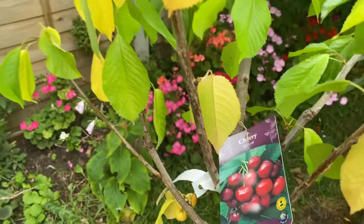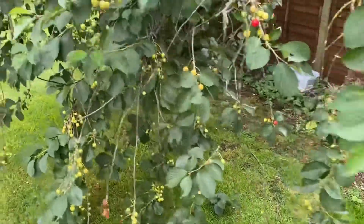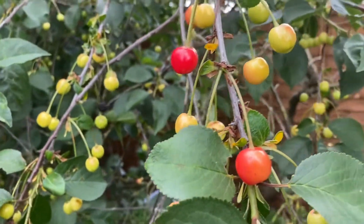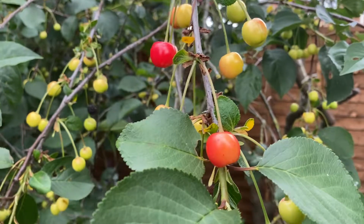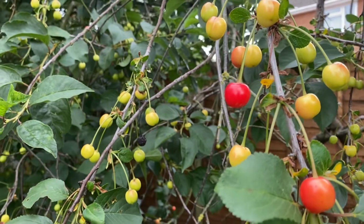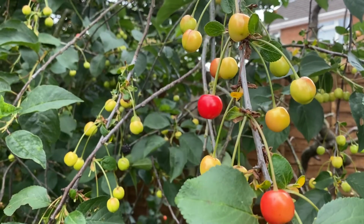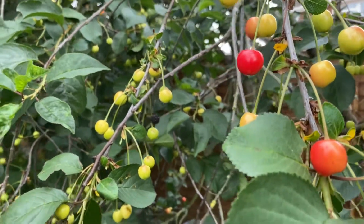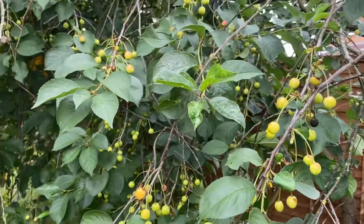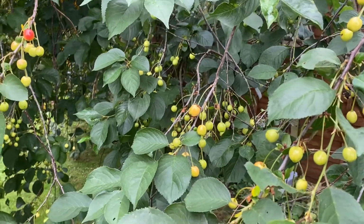And just before we go, I'll just span round here and show you the morello cherries, which are coming out very, very slowly. These are much later in the season than the dessert cherries, but even so, we've had such a lot of warm weather that you can see they're just starting to fruit. Morello cherries fruit on last year's wood, last year's growth, so you tend to prune them after they've fruited, and then that will give the tree plenty of time to produce more growth, which will then become next year's fruits. But you can see from here the branches are much more intricate. There's a lot more little fretwork of branches than the others,